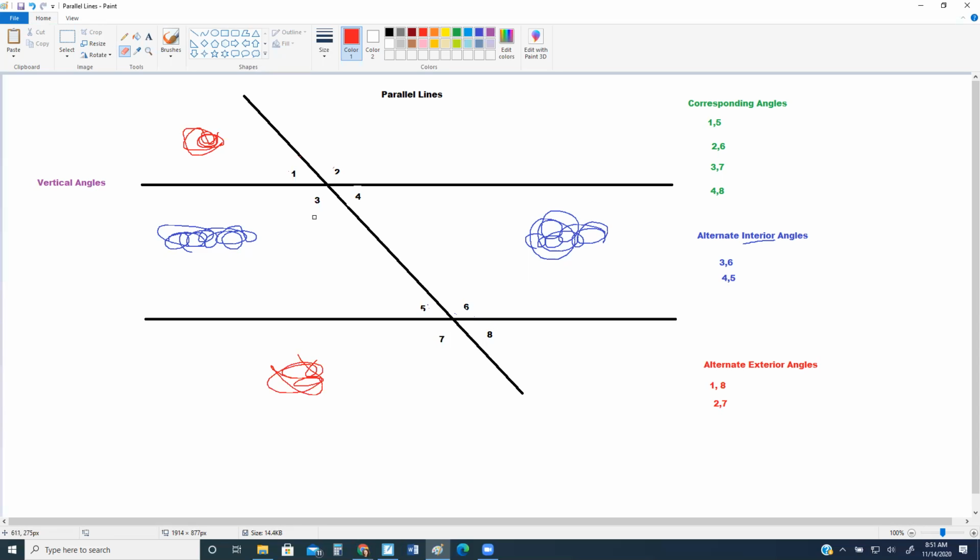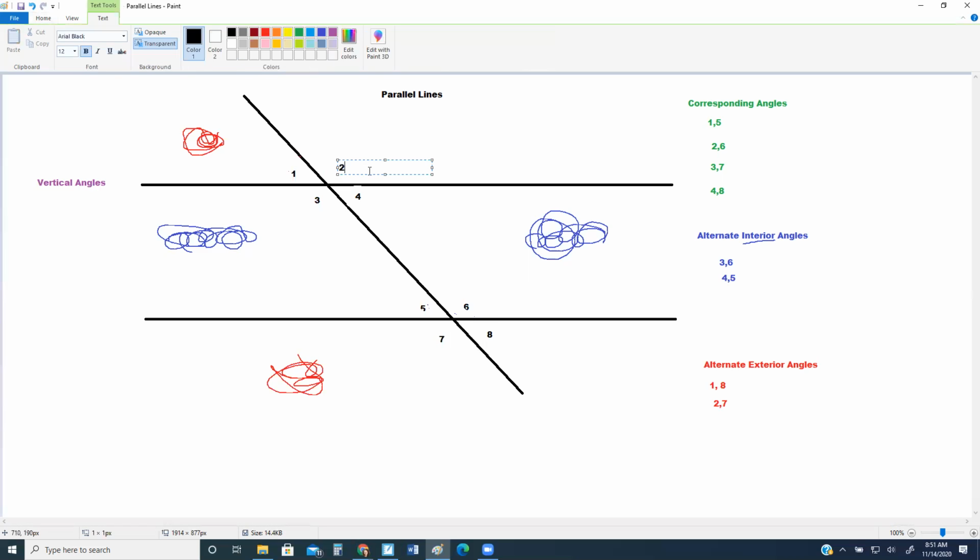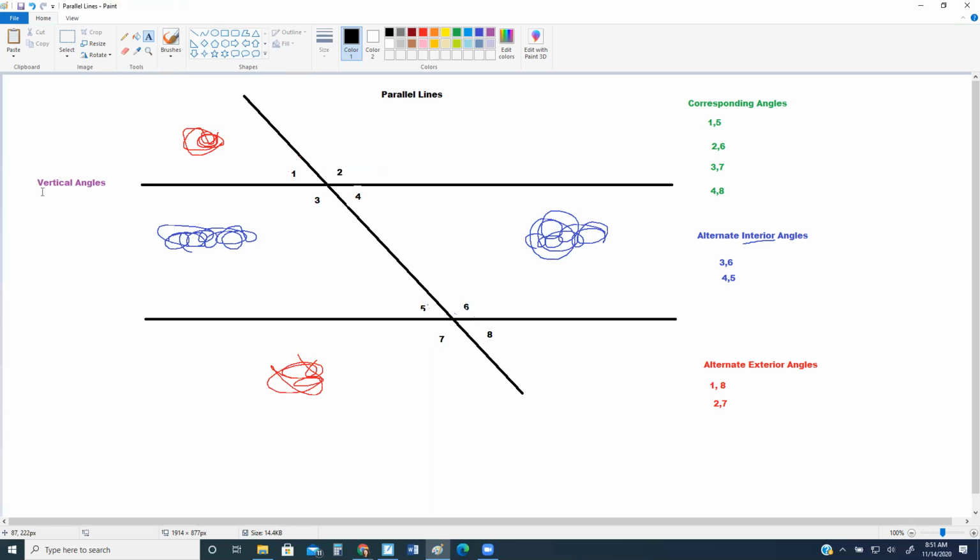There was not a rigid transformation taking us from one to the other. And so we know that those lines are not parallel. I'm going to replace my little number 2 here because it got messed up. All right, so let's look at these vertical angles. Now I'm going to draw just a random pair of vertical angles over here that does not have to do with our